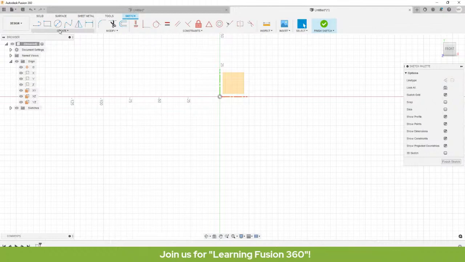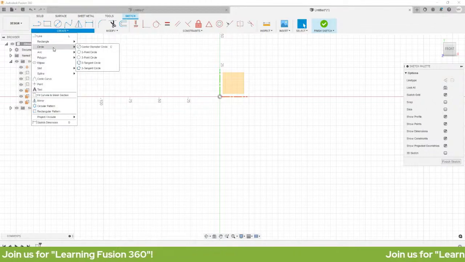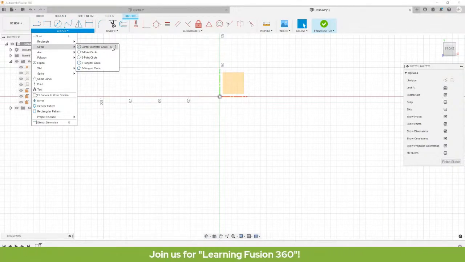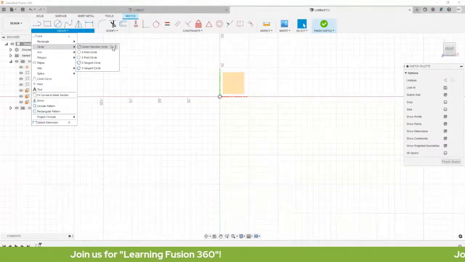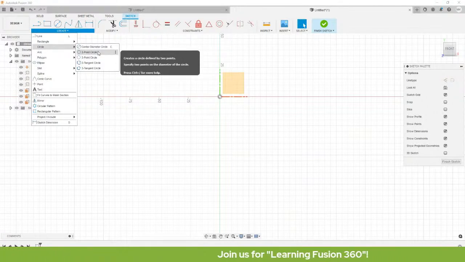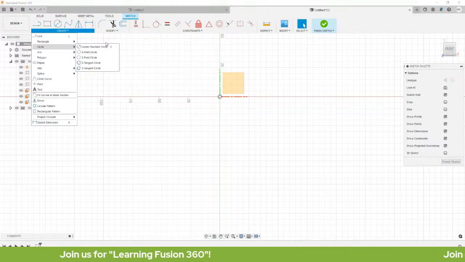So I can head over to create and select a circle. So we have center diameter circle. So if meron siyang ganyang letter, ibig sabihin that's the shortcut key. So letter C is the shortcut key for center diameter circle. So we also have 2 point, 3 point, 2 tangent, and 3 tangent circle.